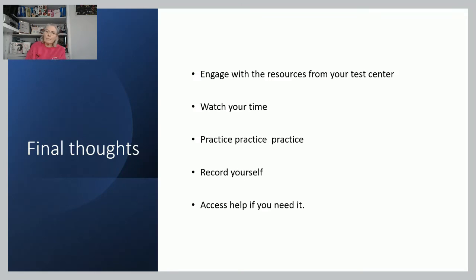So finally, make sure you engage with the resources that your test centre sends you. Watch the time, okay? You can run out of time very, very quickly. Practice, practice, practice. I would say record yourself on the phone and then listen to it back, because you will then see where the bits are that you've missed out. Write yourself a little checklist of things that you need to cover. Look at the marking criteria, so that you can make sure that you actually are following best practice, and access